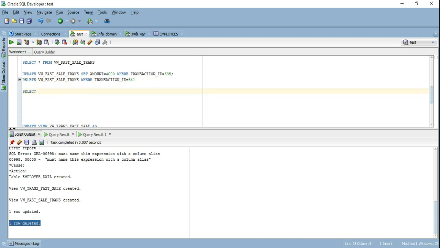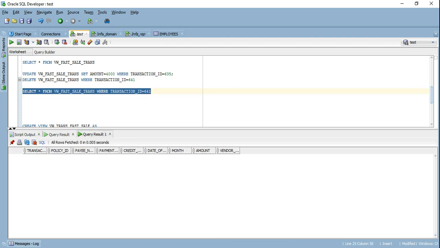If I try to query this view for this particular transaction ID, I should not receive any row. Can I do an insert as well? I can do an insert as well, though there are certain restrictions, and we will talk about that in a little while. But in general, the DML operations are supported on the view as well.